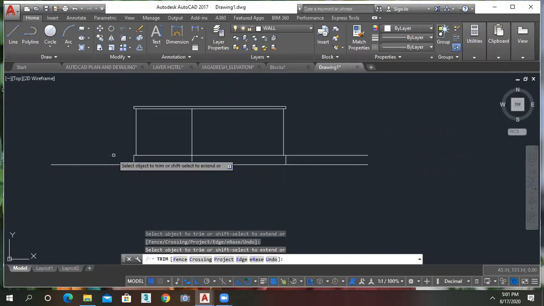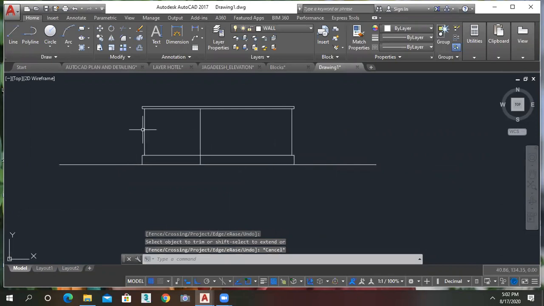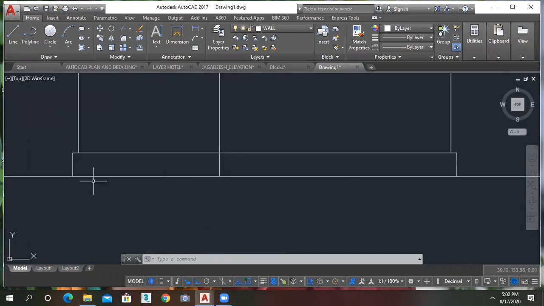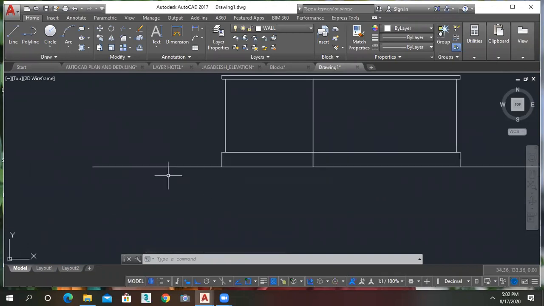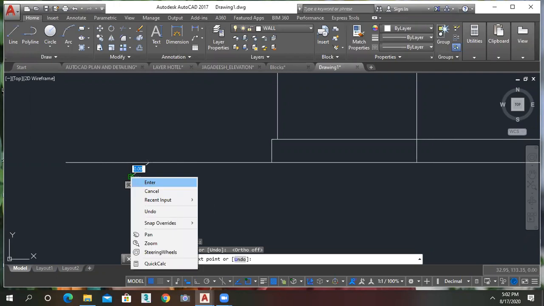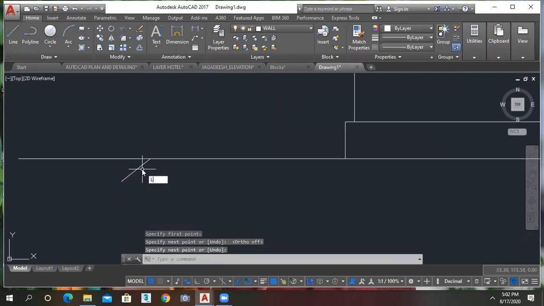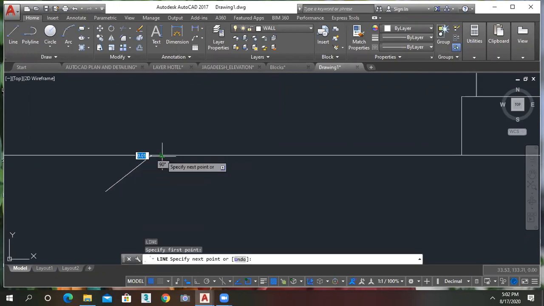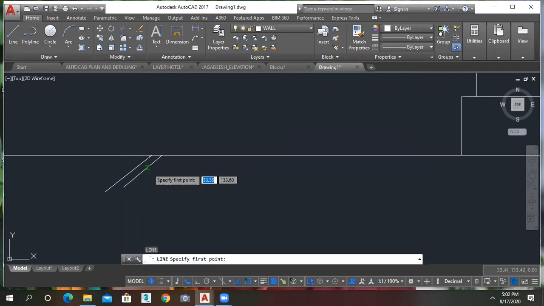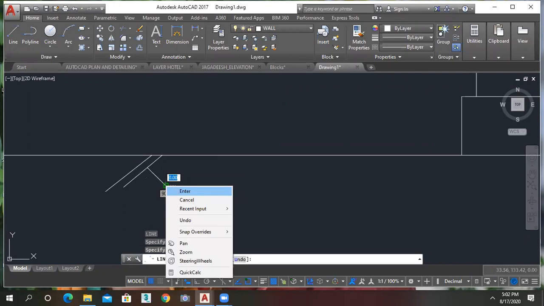This is my front elevation. This is the wall outer boundary. This is my ground. For ground also we have a symbol. We have to show it like this. There is no such angle here. If you want, you can take it as 14 meter also. This is just a symbol to show the ground.